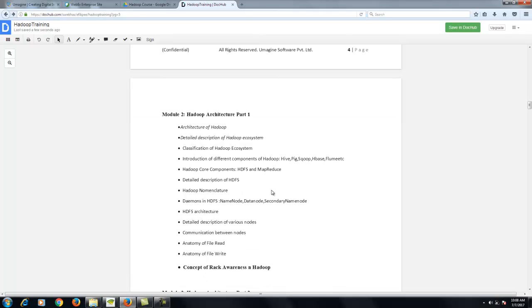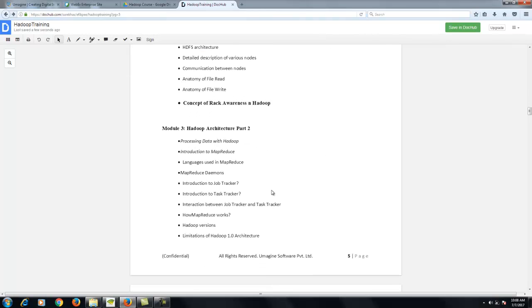We'll talk about HDFS, how you write into HDFS, which is a distributed file system. The model for Hadoop is divided into two parts: the job tracker, the task tracker and MapReduce as one part, and HDFS, the storage engine, as the other part.